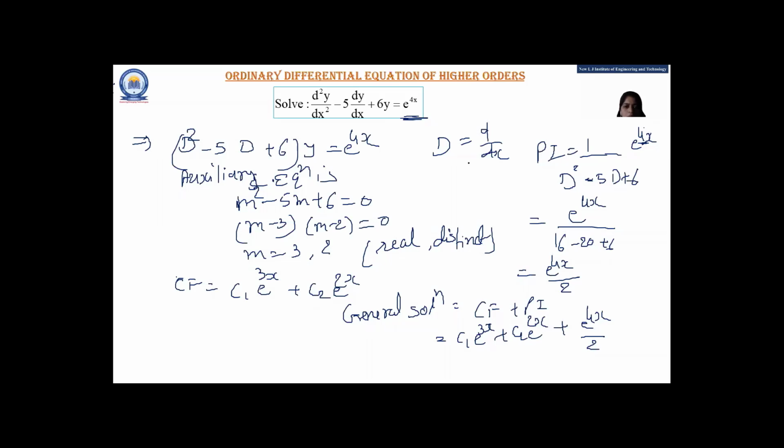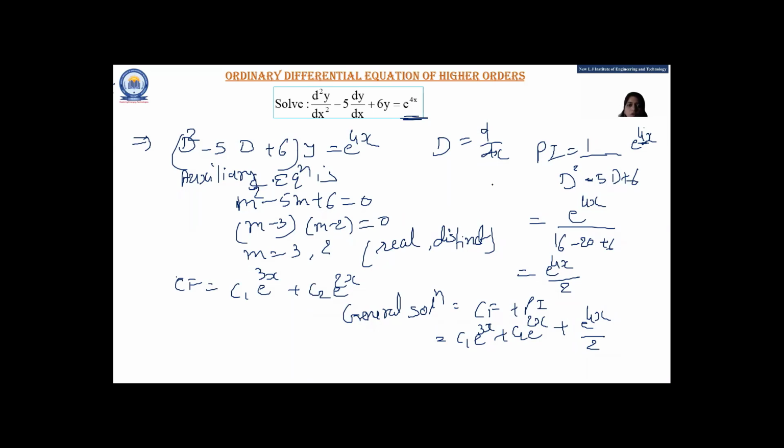So yes, Drishti. See, for the given differential equation, as your right hand side is non-zero, we have to find the general solution. For the general solution, we have to write two solutions: one is CF and the other is PI. For CF, first we write our auxiliary equation, and with the help of it, according to whether our roots are real and distinct, real and repeated, or complex, we write CF, then we write PI. For PI, we have to write 1 upon function of d.